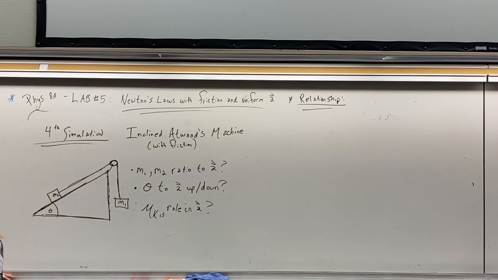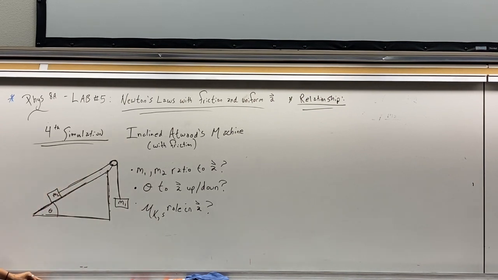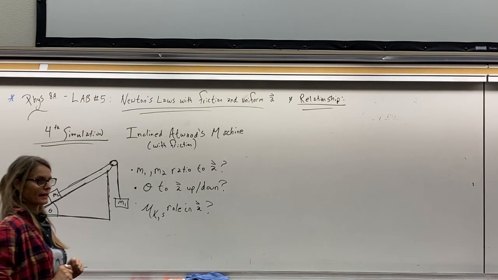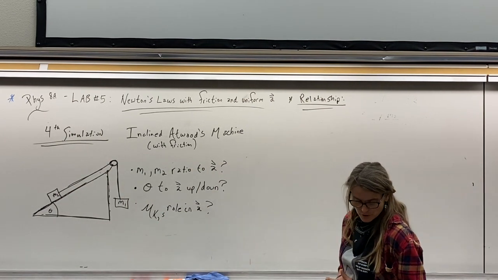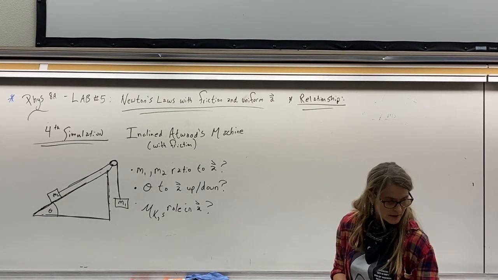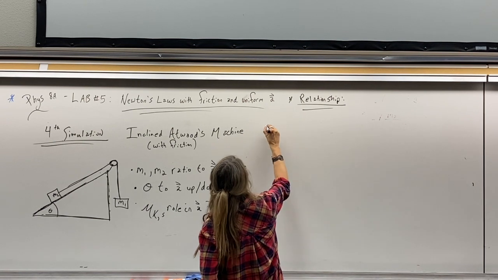And what is the role of the coefficients, this is mu k, mu s, of kinetic and static friction in the problem? And at what point are they stuck and static based on the friction values? So the most important thing here is the setup that you're going to do. When you look at this, again, you have to do a free body diagram,